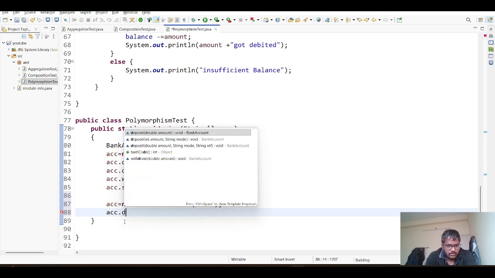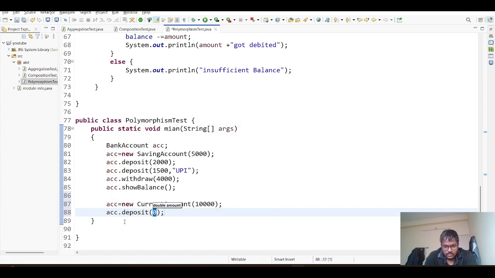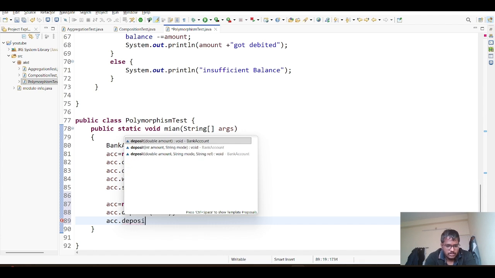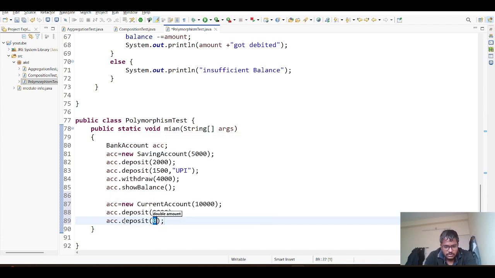This is deposit. I will do normal deposit, some 2000. This is deposit through check. I will do some 6000 deposit through check, with reference number SBI 1234. Okay,